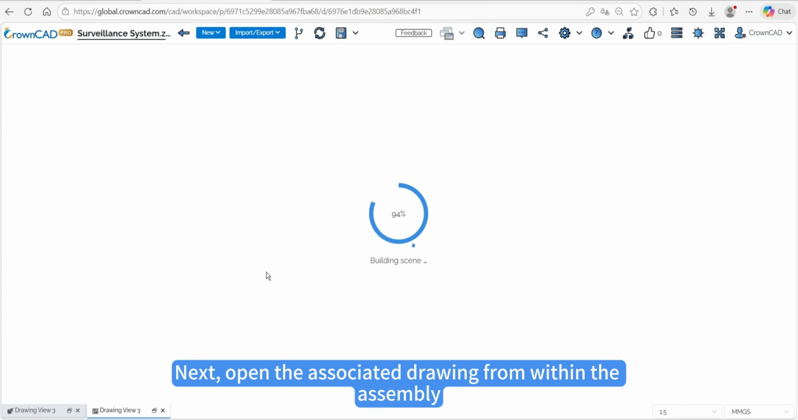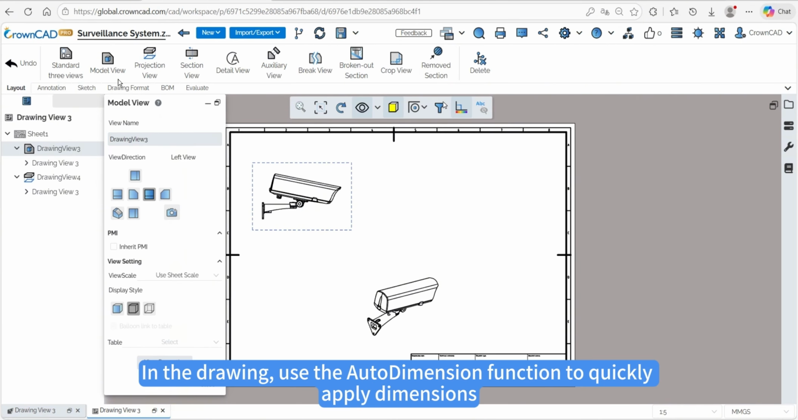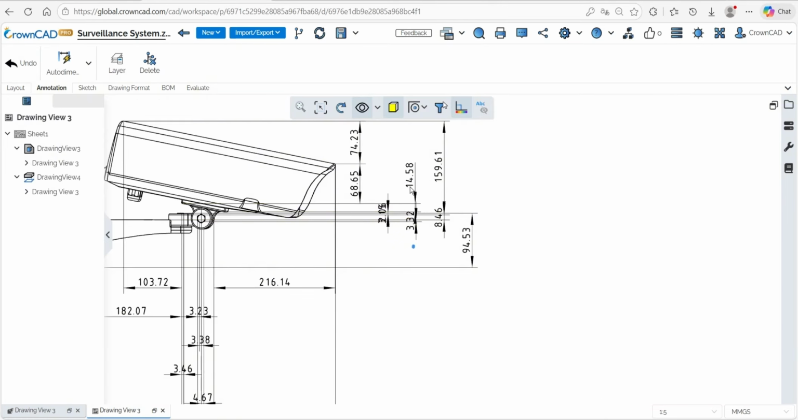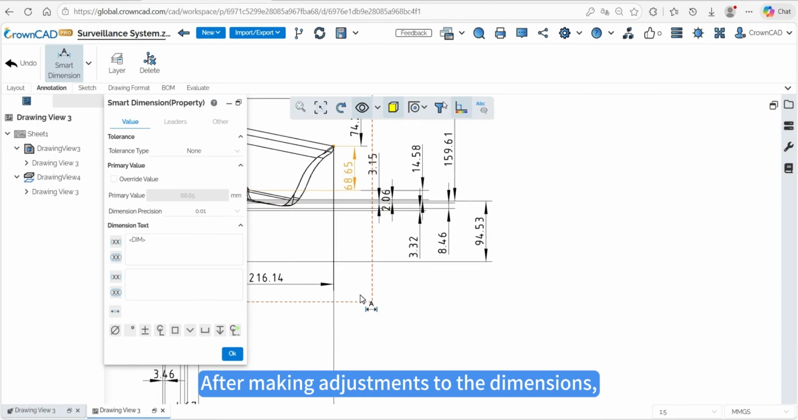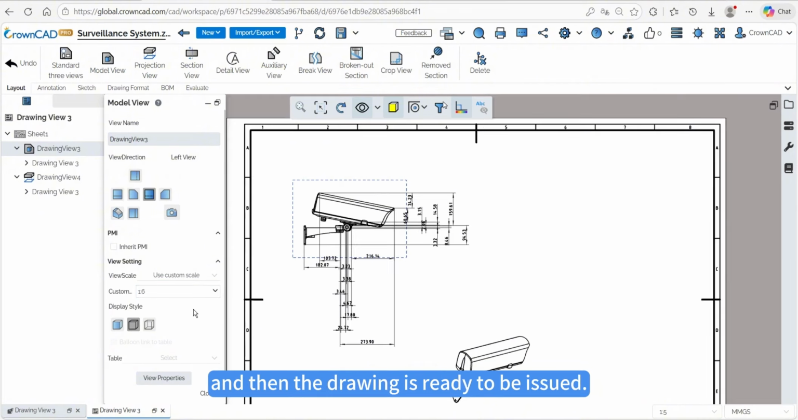Next, open the associated drawing from within the assembly. In the drawing, use the auto dimension function to quickly apply dimensions. After making adjustments to the dimensions, you can proportionally scale the view up or down, and then the drawing is ready to be